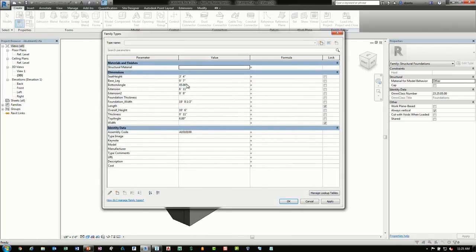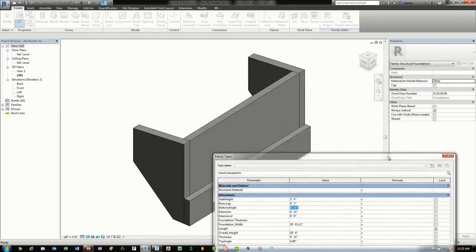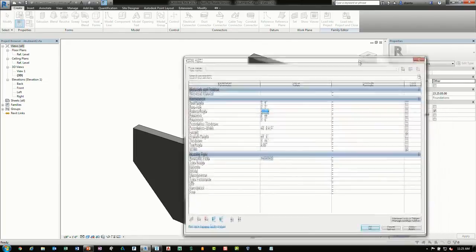And again, heading to the Family Types window, it'll give you basic dimension parameters. And again, you can adjust these if you need to. Now, this particular family, when it was created and brought into Revit, one of the things you'll also notice is